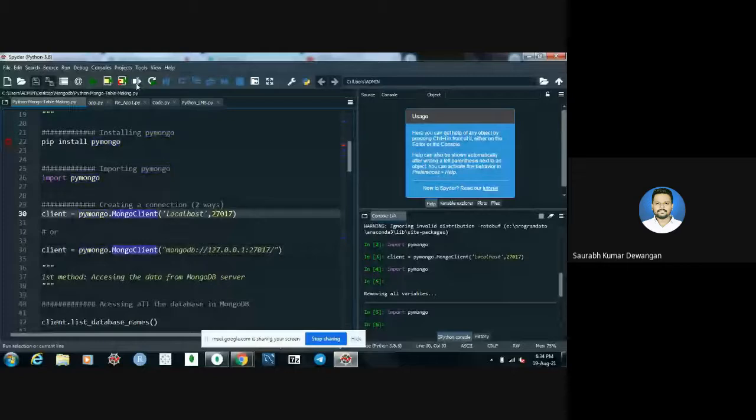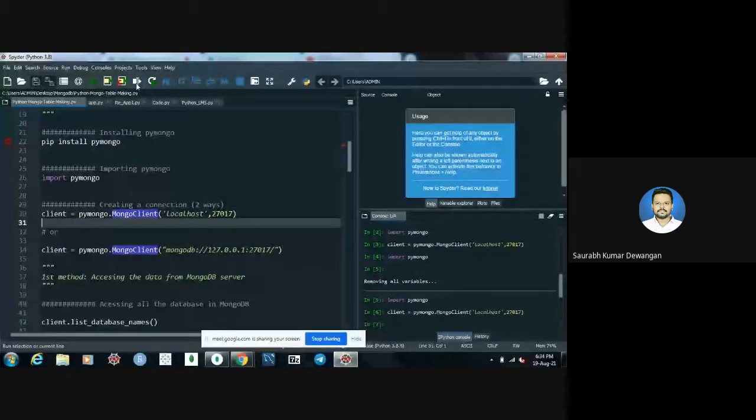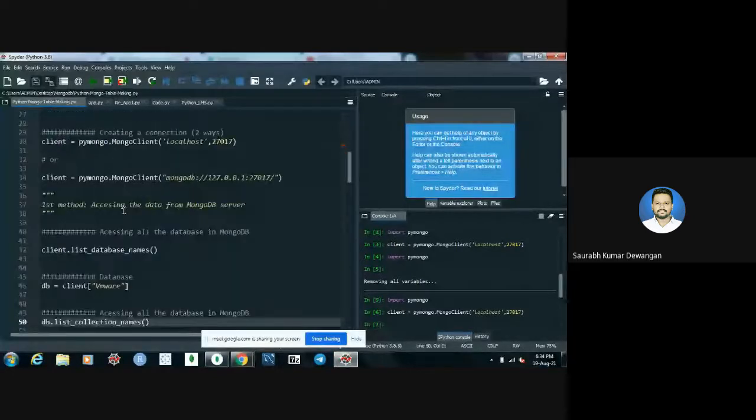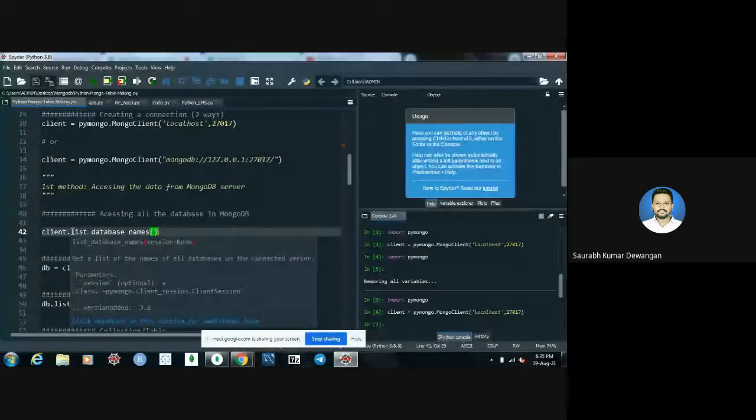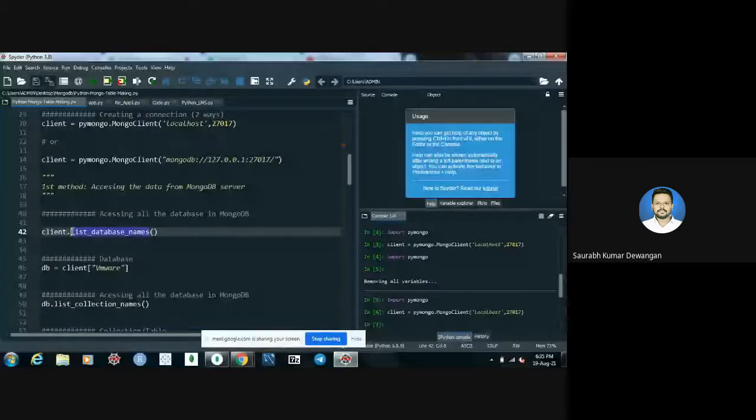Okay, so we have established the connection between Python and the MongoDB server using this command. Our first method is to access the data from the MongoDB server. How do we do that? First, we need to check how many databases there are in our MongoDB server. So list_database_names is the command for accessing all the databases present in our MongoDB server.